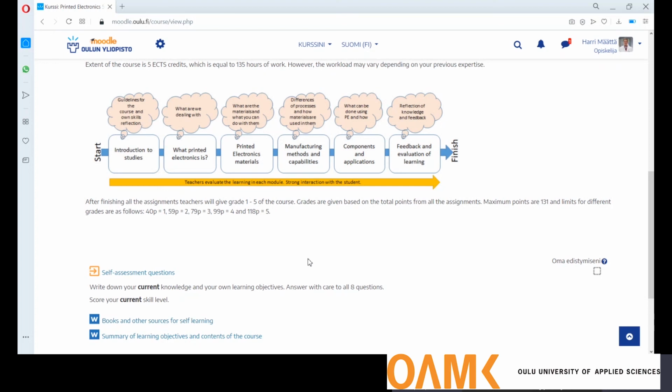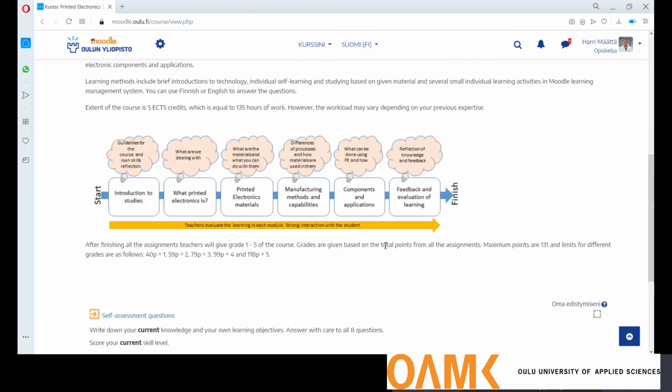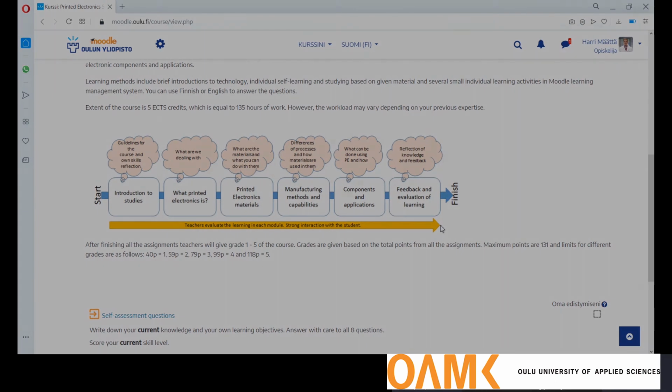But as said, Google is also a good tool for searching the information. You just have to be critical on certain sources. So always remember to mark your source whenever you are making especially a essay type of assignment. So mark your sources there. Okay, so I think that was pretty much about the course. So several sections to go through.